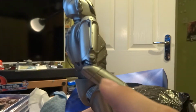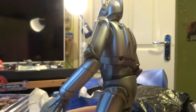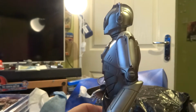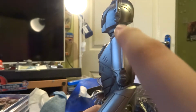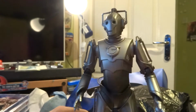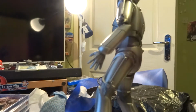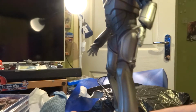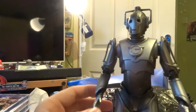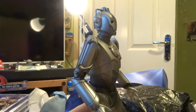You've got all the different sections here. This is obviously where the arm gun would pop out, and it's actually the same on this side as well. You've got the little bars running through from the top of the shoulder to the elbows. And even on the legs, you've still got all that lovely detail. The pose he's in at the minute does look a bit weird, because he is permanently fixed in this pose, which is until he starts moving around, but his legs are permanently fixed